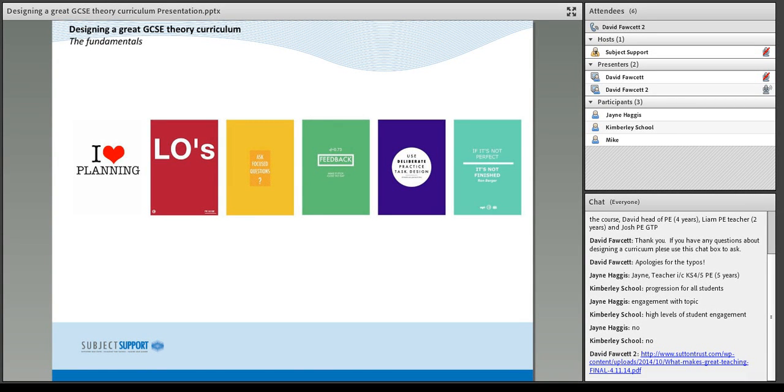Now, if you come on one of the other courses, we will look at what is good feedback, what is good questioning, what makes good planning, and so on. But today we're going to look a little bit broader than that. I'm going to talk about things in the next section in a moment about what, as a head of department,